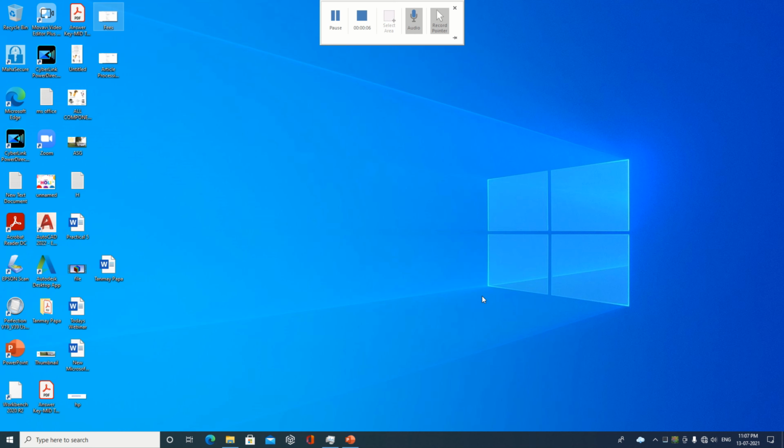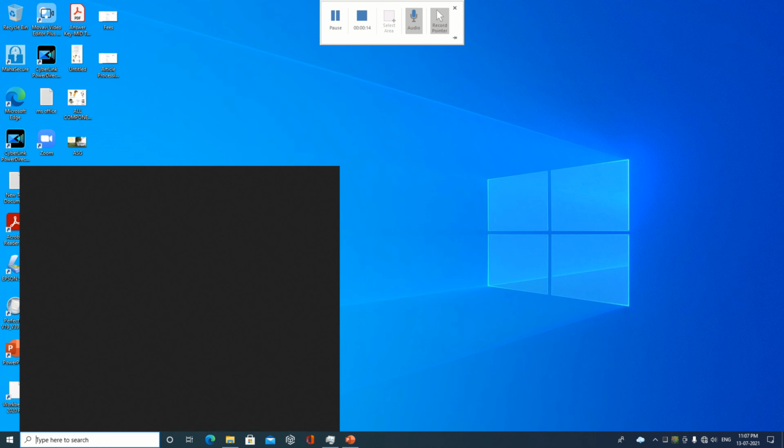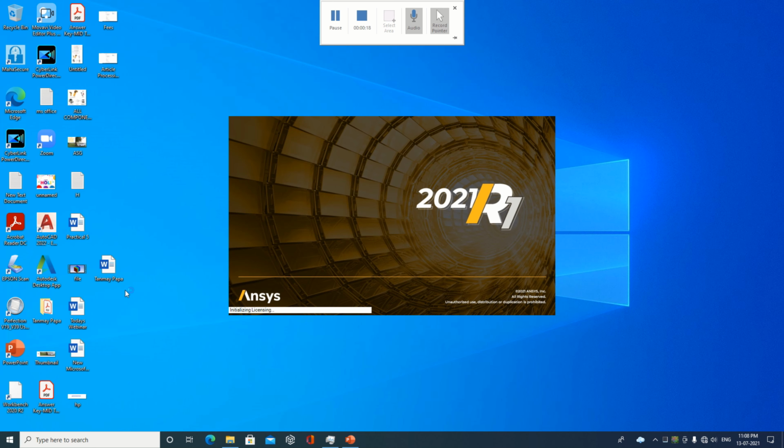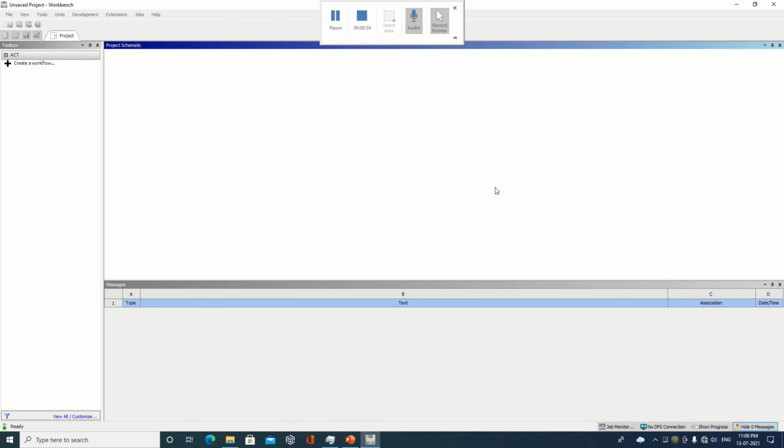Today we are going to do the analysis of the absorber plate which is used in a solar water heating system. So first of all, go to the Workbench. Depending on whatever version you are using, it will open accordingly.